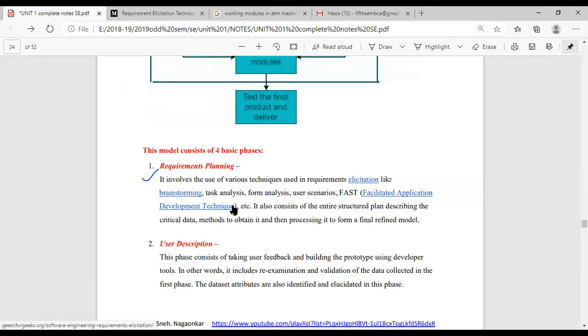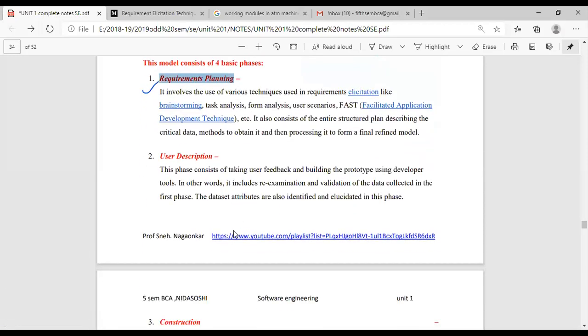What is this technique? Here, what we do is we interact with the customer every time. Interact with the customer and collect the requirements they have. Immediately after collecting those requirements, we change them into a good design. So these are the different ways. These all are different ways of collecting the information. What are those? Facilitated technique, brainstorming. These are different ways of collecting the requirement, right?